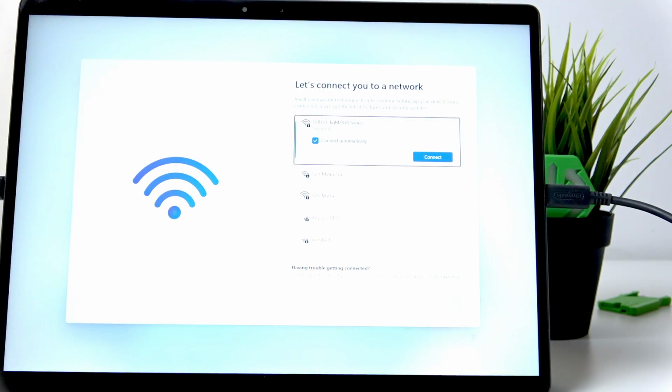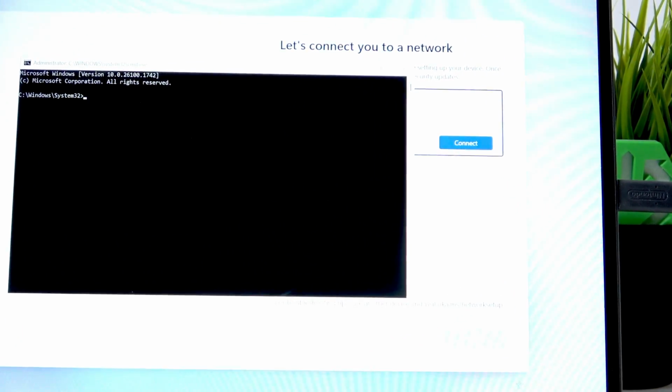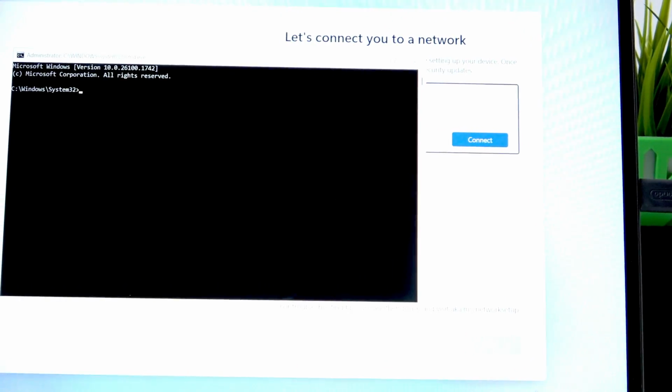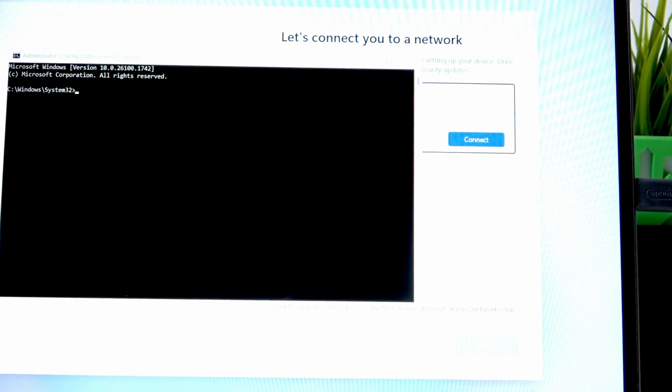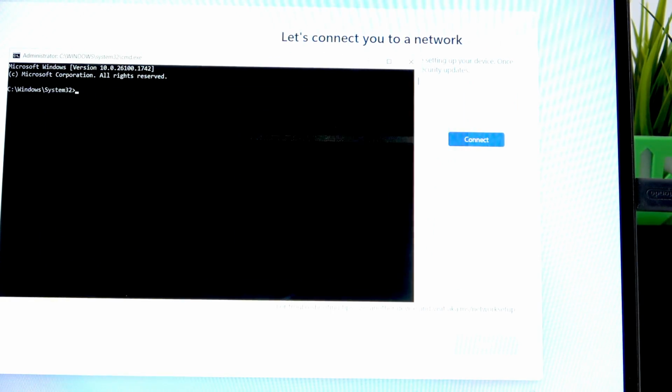So, first press Shift and F10, or Alt F10, or Fn F10, something that would pop out this CMD. Now I will zoom it for you so you can see better. Now press Alt and Tab 2 times to select this window, and right now type in with